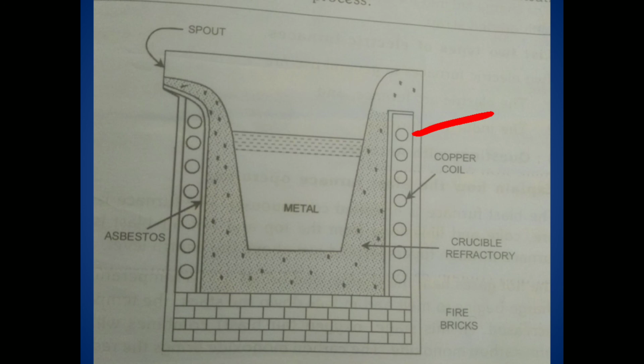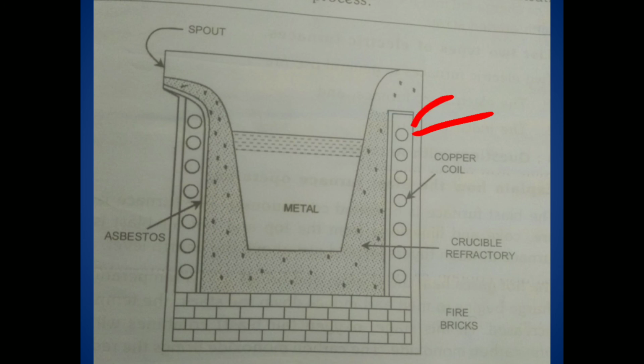Induction furnaces are most often employed in the making of high alloy tool steels as well as low carbon alloys, die steels, and heat resistant steels. The advantage of this furnace is they do not require electrodes. This prevents carburization of the metal and simplifies the control of the process. See, in the electrical arc furnace we use electrodes, but here in the induction process we do not use electrodes.